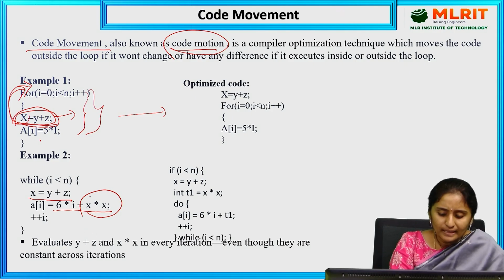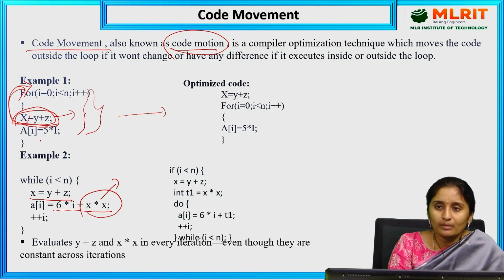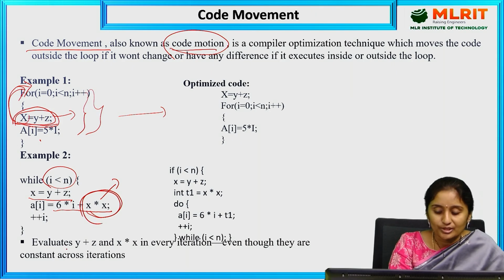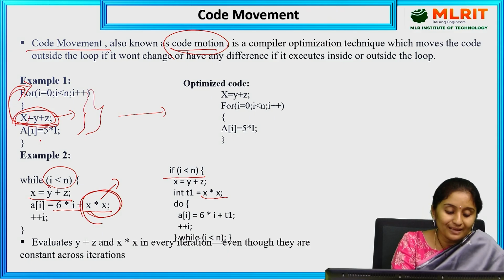So instead of this, can I replace this with some temporary variable? By doing this, I am going to execute the program a little bit faster. Instead of computing every time for I less than n, every time I need to do this multiplication operation, I will store this result in a temporary variable and reuse it over here. See here, for the loop, I am going to use this because it is in the while condition.